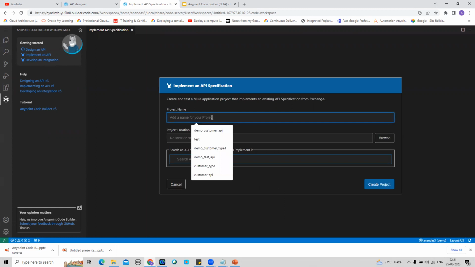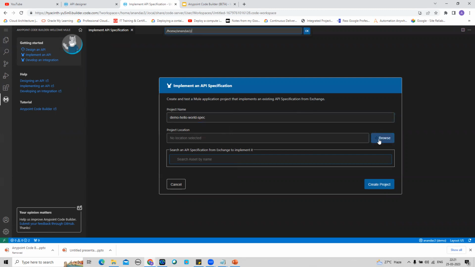So you can give some name, suppose demo hello world. I'm giving just a name, hello world specification or something like that, and then I can define the project location. That will be my home location, and under home location I have created one folder as my workspace. So I can select that, and then here I can